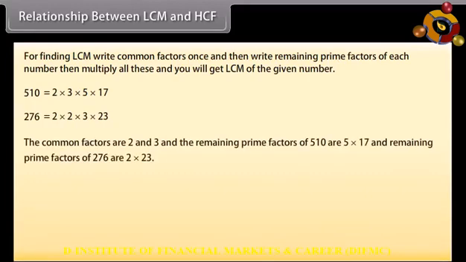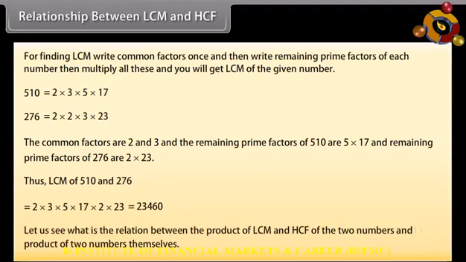The common factors are 2 and 3, the remaining prime factors of 510 are 5 into 17 and the remaining prime factors of 276 are 2 into 23. Thus, LCM of 510 and 276 is equal to 2 into 3 into 5 into 17 into 2 into 23 equals